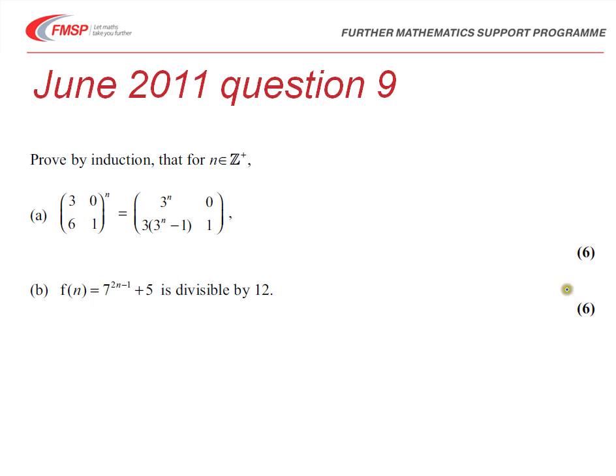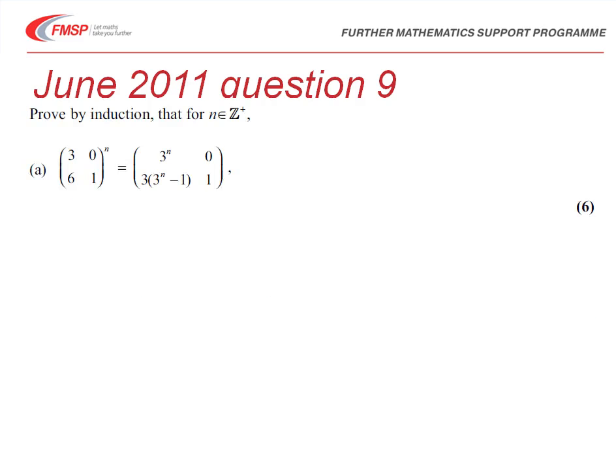It's again 6 marks, so each of these induction proofs is getting 5 or 6 marks normally, and these are being combined in one question to give you a longer question giving you the 12 marks. So looking at these one at a time, the first part of this is the matrix. Well, again, the basis case when n equal to 1,